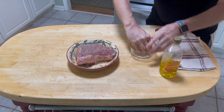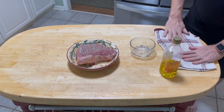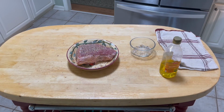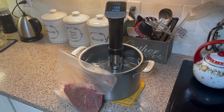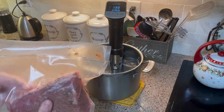So now, the next step is we're just going to vacuum seal this in the bag. Okay, we've got the sous vide going. I let it warm up ahead of time. It's up to 130. So you can go anywhere from 130 to 136, but I like it a little more on the rare side. So we have it vacuum sealed. You don't have to vacuum seal it. You can put it in a regular